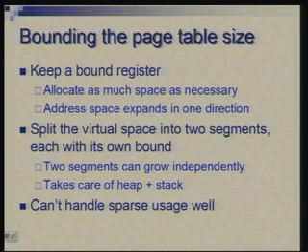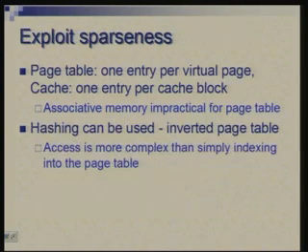So, why not we just keep track of those? If we have a mechanism to keep track of only those entries of the page table for which we have current requirement, then it will be much better. So, one possibility is to go back to a cache-like approach, that is, have an associative memory where the number of entries would correspond to the number of entries actually there in the physical memory. That will be much smaller, but even then having an associative memory of that size is impractical.